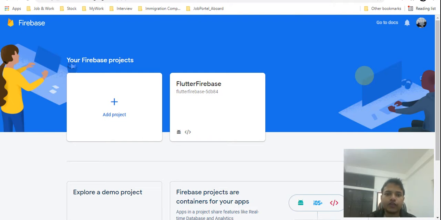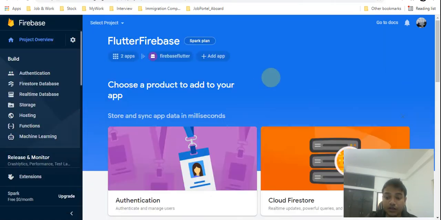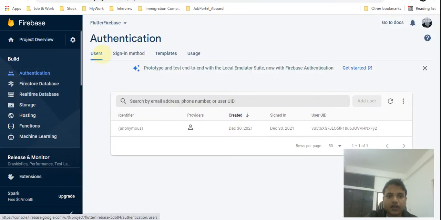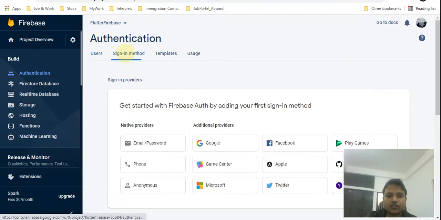In this video, we are going to learn about how we can do authentication in Flutter with the help of Firebase. So let's go forward and take a look at what we have to do first. Open your Firebase console, select the project that we made earlier in our previous videos. Once the project opens, you can easily see in the left side corner is Authentication. Click on Authentication, and after clicking on Authentication, click on Sign-in method.